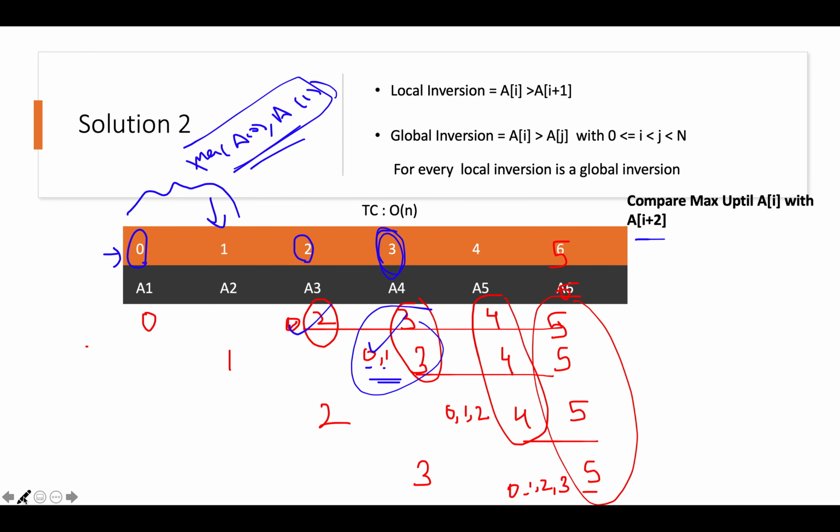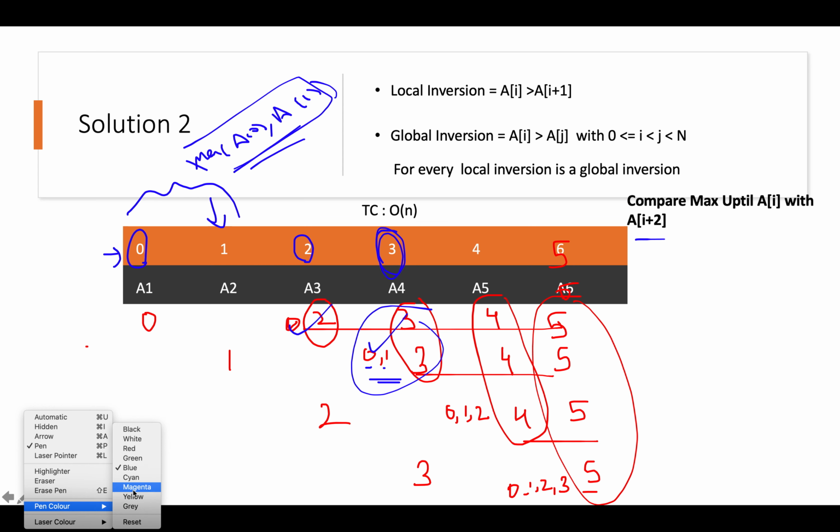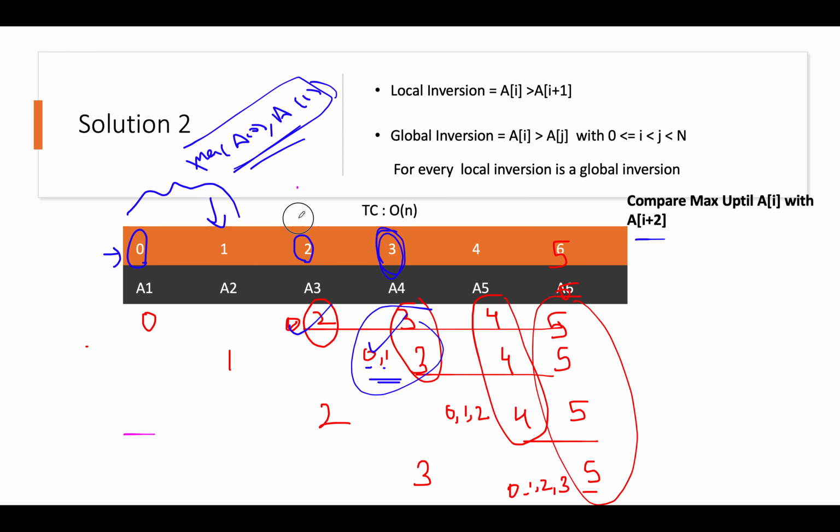So let's try another case as well, and let me just change the color of my pen. And let's talk about a of 2. I is 2 this time, and what we are going to do, we'll take max of a of 0 comma 1 comma 2, all these three values, and we'll compare it with a of 4, which again satisfies this condition, that wherever a of 0 or a of 1 or a of 2 happens to be greater than a of 4, we abort the process. So this condition is again satisfied.